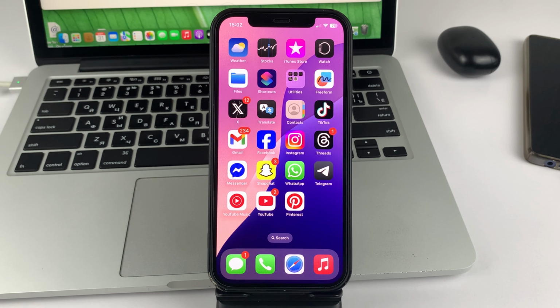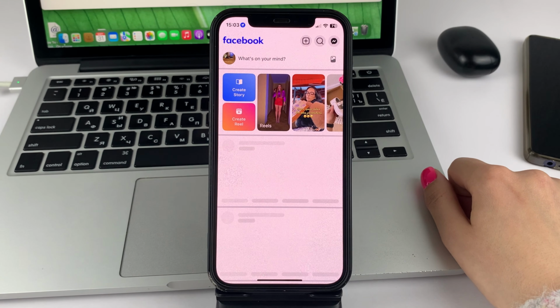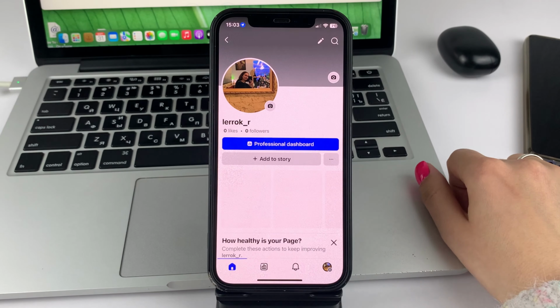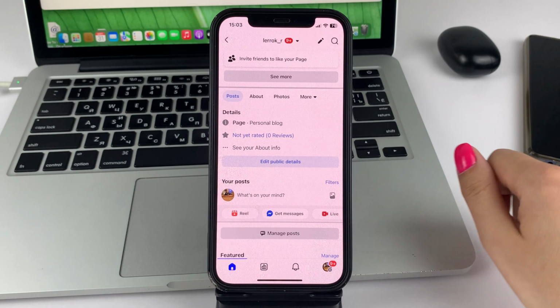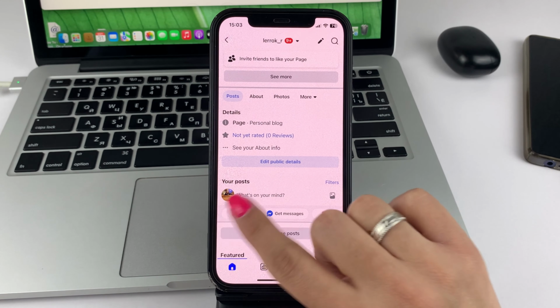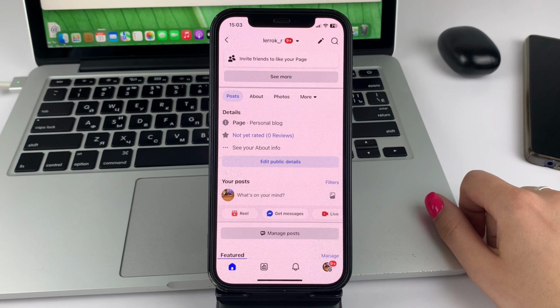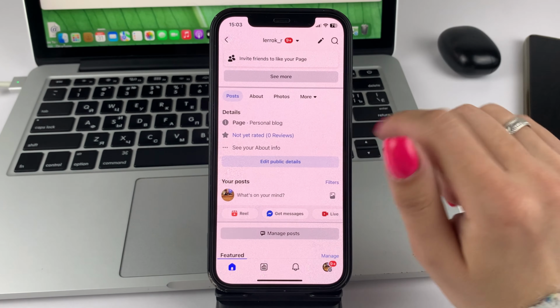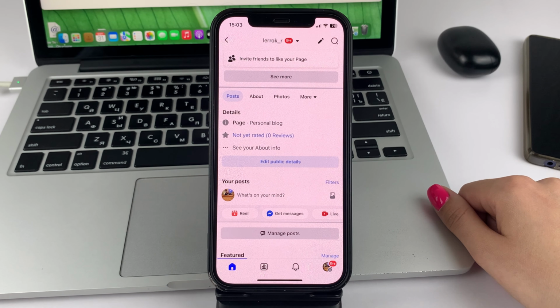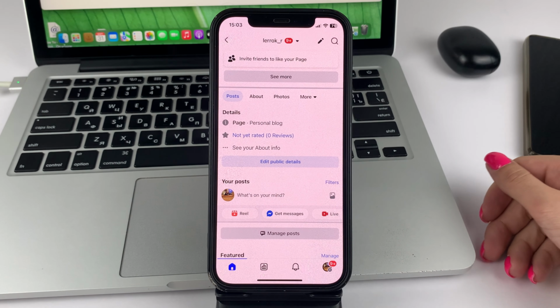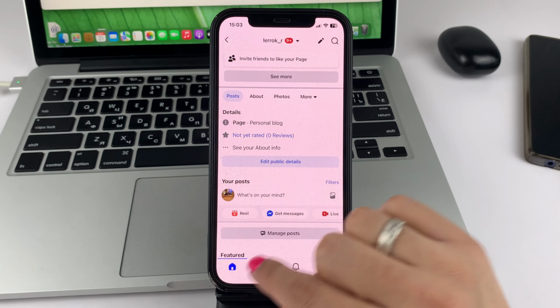So let us get started with you. Open the Facebook app on your device. Next, go to your account and here, scroll down a little bit. Here you'll be able to select an option called Reels under your Post section. Or you'll be able to just at the top, for example, if you already had some videos you've been adding, then right here you'll also be able to find the video option and just go to it. So you click on Reels.